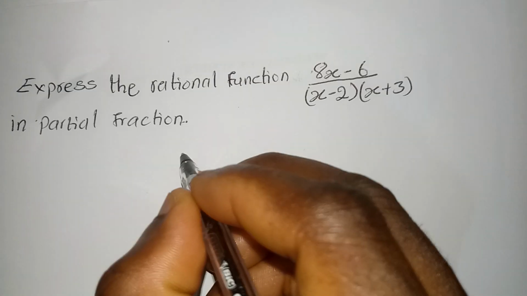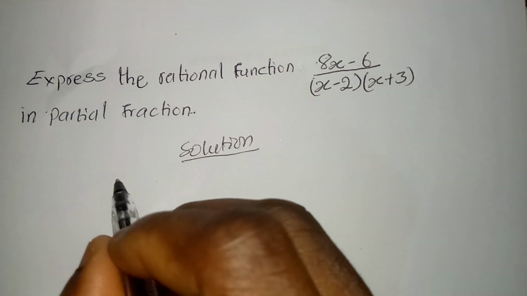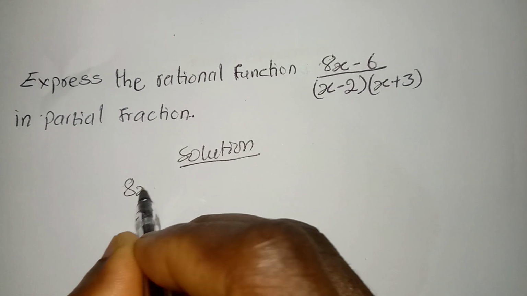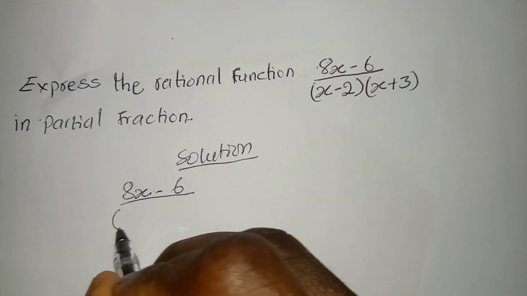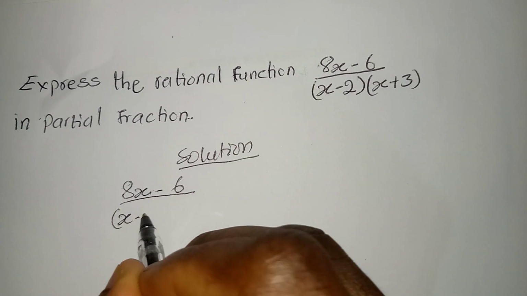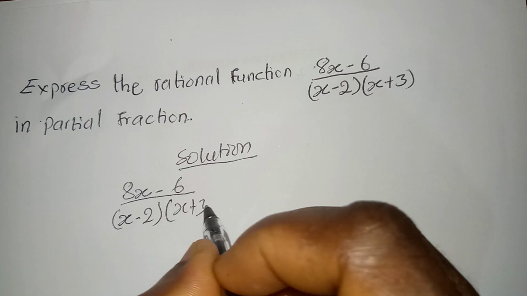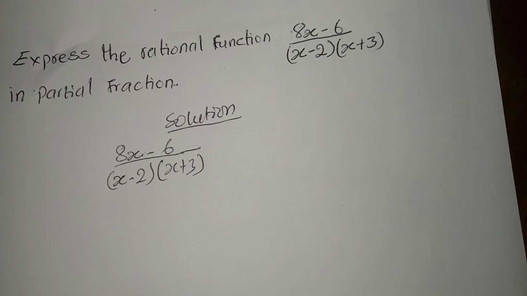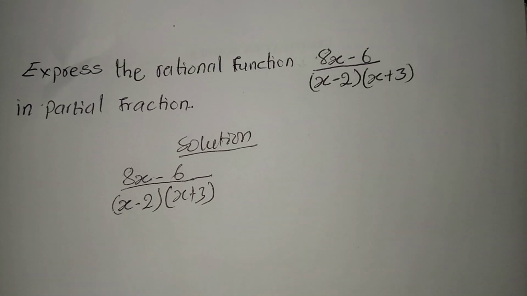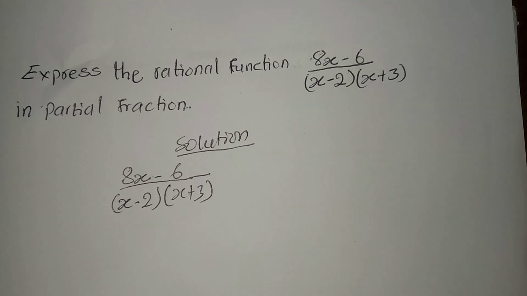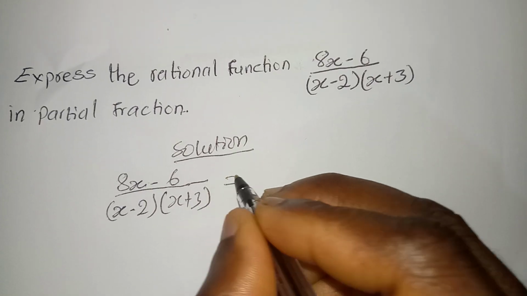So we have 8x minus 6, all divided by (x minus 2)(x plus 3). To tackle this question, our main focus is to decompose it. So we must first decompose this. By decomposing it, we have